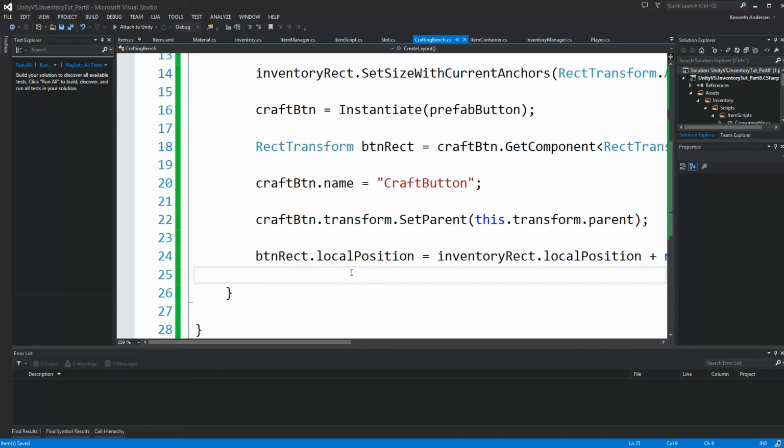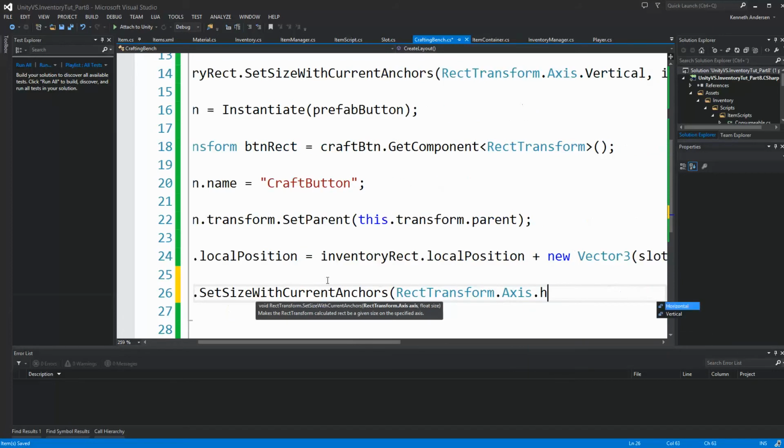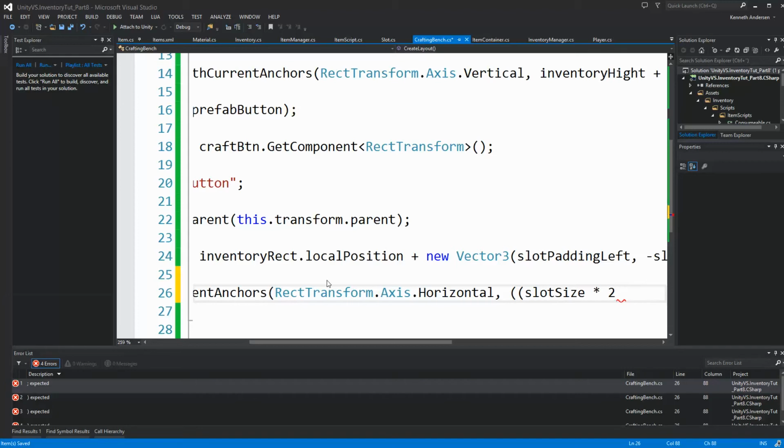When we have put it at the correct position, then we need to set the size of the button, both the width and the height. So the width is going to be button rect dot set size with current anchors, and it's going to be rect transform dot axis dot horizontal. So we're going to set the width of it, and we're going to do this saying slot size multiplied by 2, because the width should take up 2 slot sizes, and we need to add the padding in, so plus